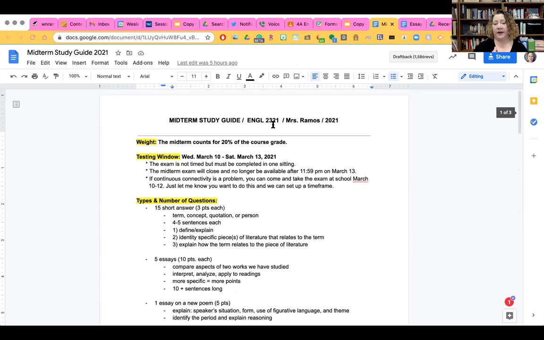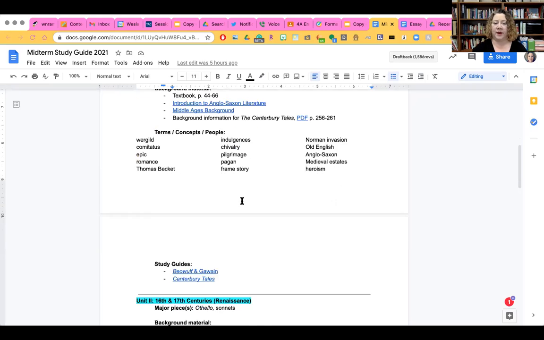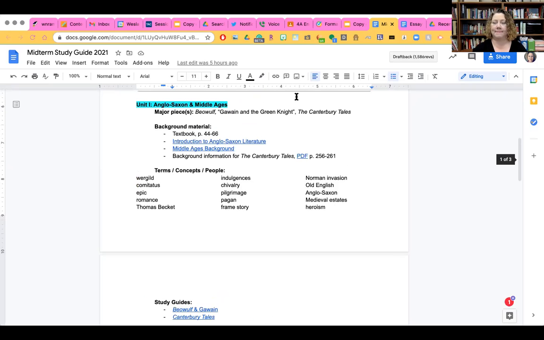Save a copy and use it if you want to. I could see where you might download a copy of this and make this into little definitions for yourself, and then you could literally study from this page. There's lots of ways you can use that to your advantage.